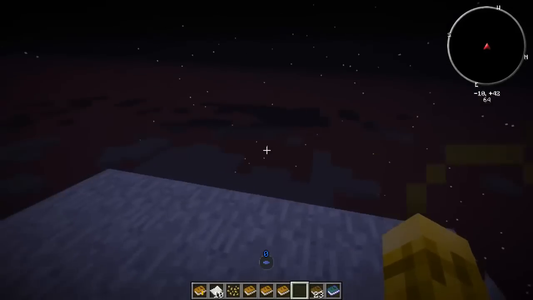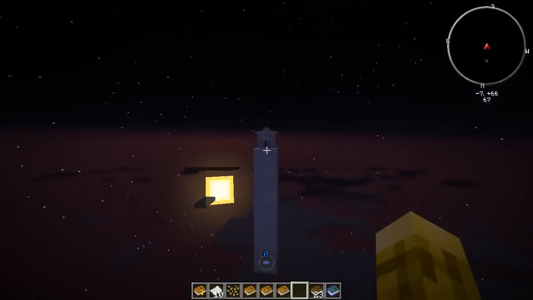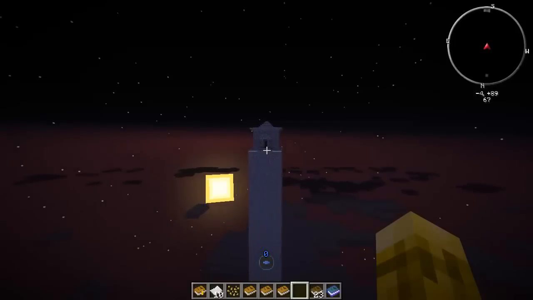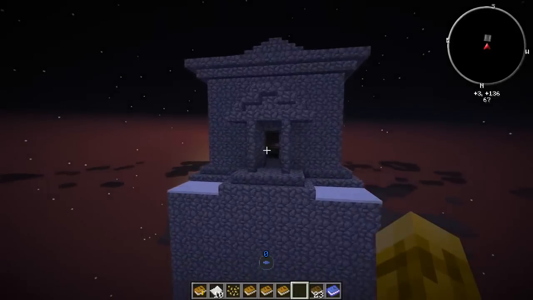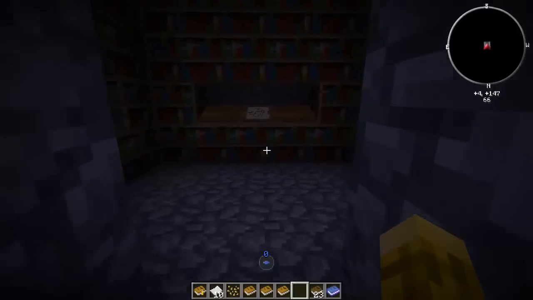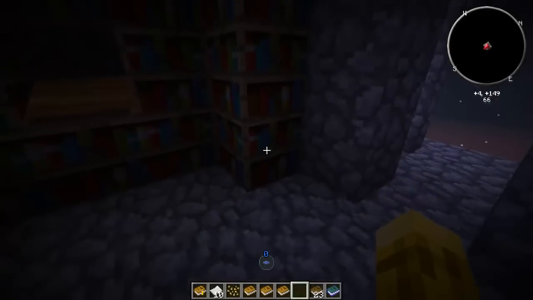And if I made this world again, if I look over here, there's this little thing that generated. And this is actual Mystcraft world gen. I didn't know this even existed, but I saw it and I was like, I wonder what this is. And you go inside and look, lecterns with pages on them. Hooray! Cool. So if you find these, you can come in here, steal the pages,